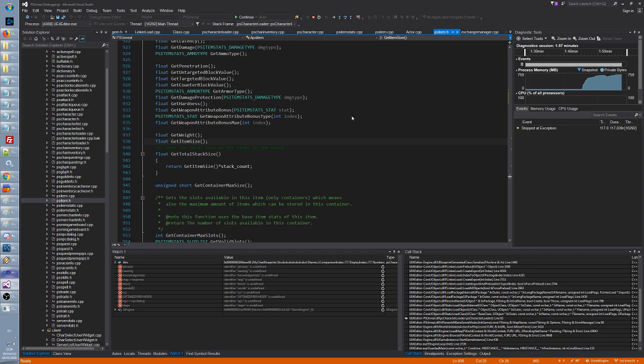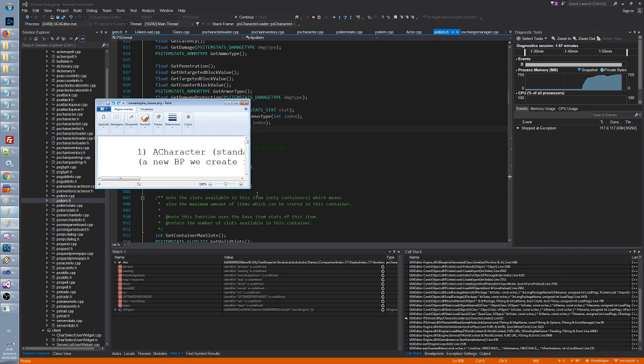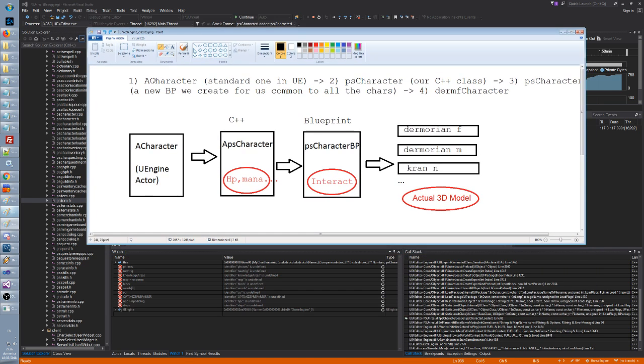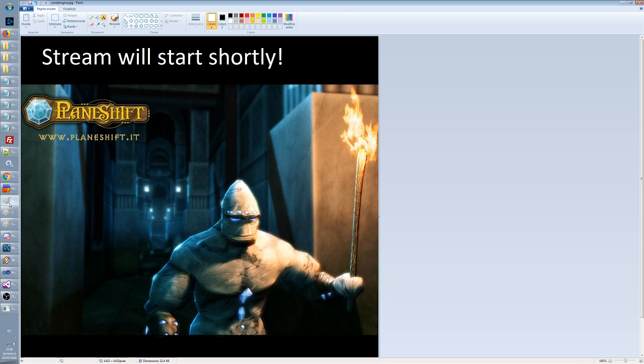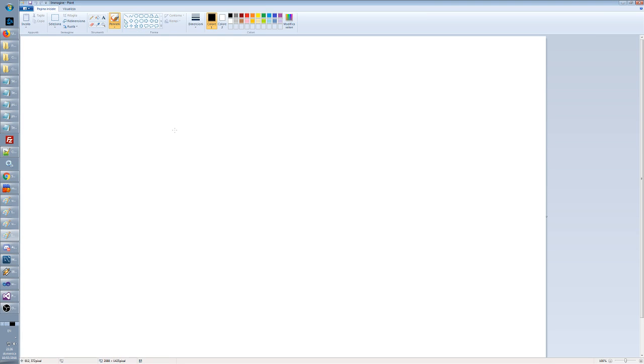The only problem is, I don't know if you got the problem, right? Let me try to sketch it for a second so we get on the same page of what I'm doing, because at the moment I'm a bit confused on how I should proceed from here. So